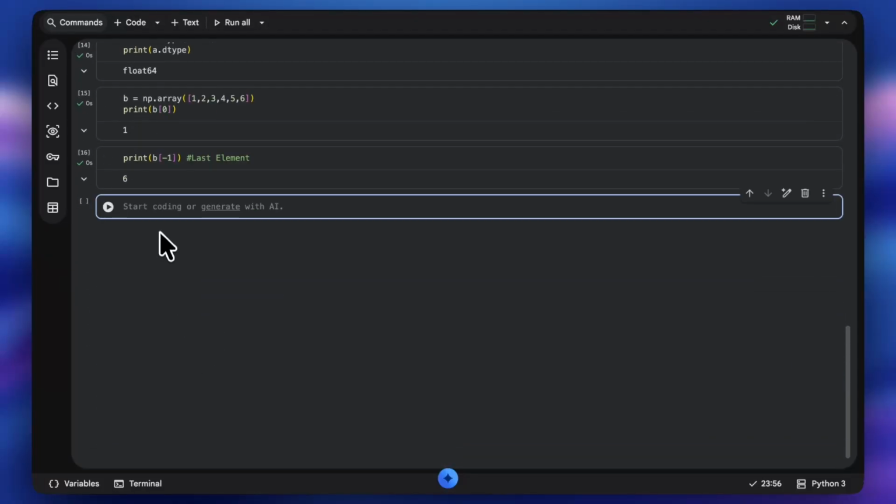As you can see, we got 6, which is the last element, right? So now, we have more operations too. Like if we want to print a range, right? So if we want to print the number of elements from the 2nd position to the 4th position, right? So for the 2nd position, which is 2, we have the index value as 2, and we want to print till 4th position, which is 4, right?